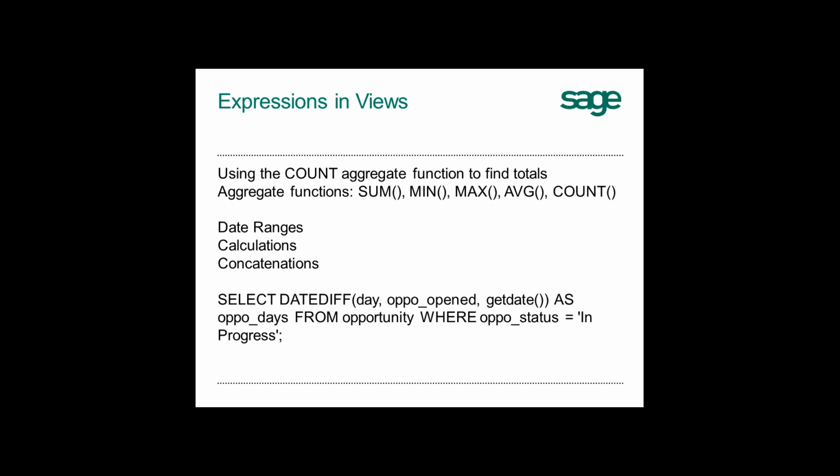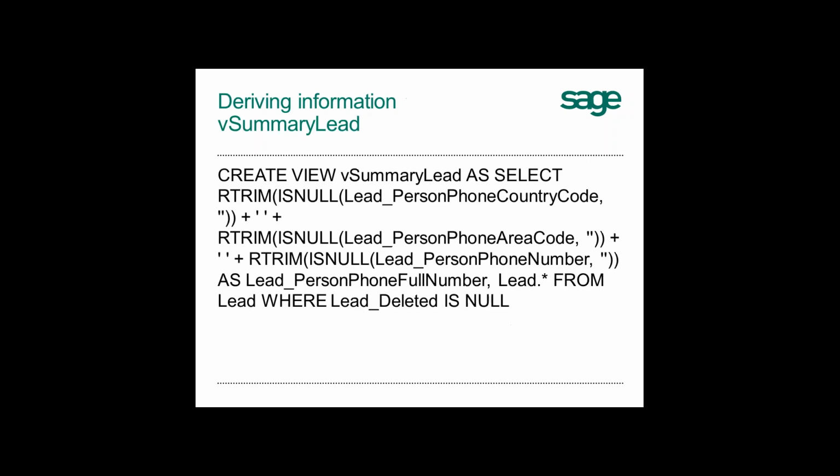We can actually not trick Sage CRM, but we can certainly get it to consider itself as a very integral part of the system. Now, one of the mechanisms that we can use is, and you'll notice that a lot of the slides that I've been using have been using lead views because they are relatively straightforward. And this V summary lead is a nice view because it shows the good structure of a concatenation, making use